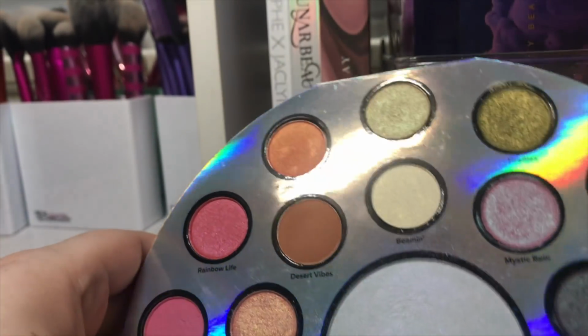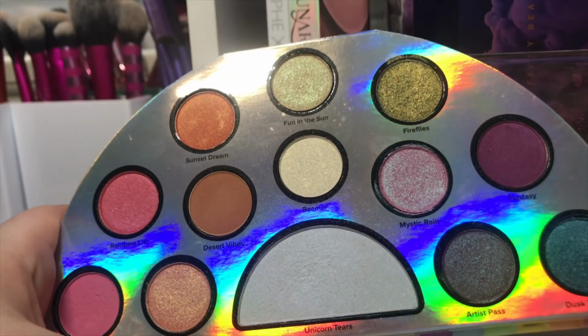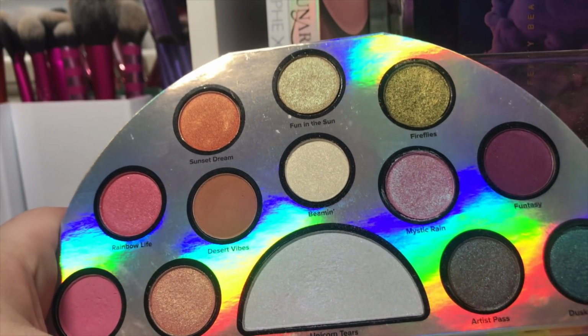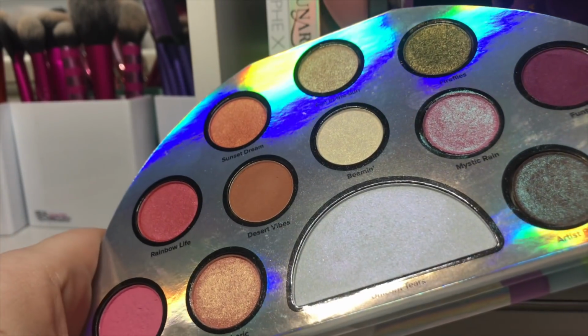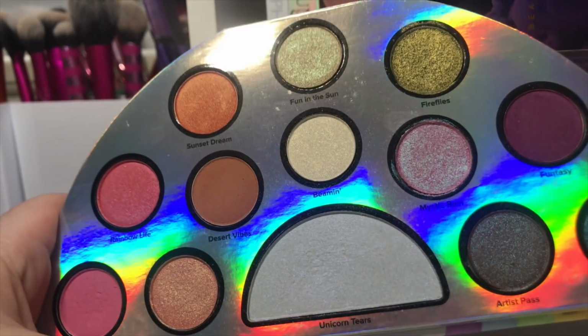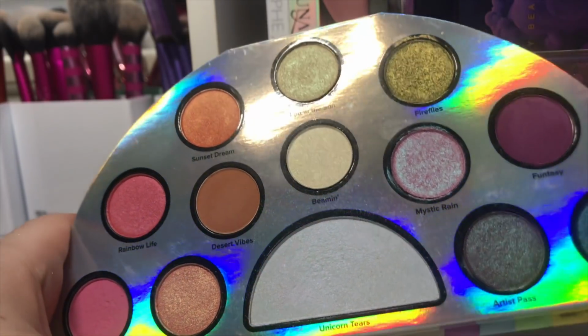This is an absolutely stunning palette. The packaging is beautiful. I don't dip into this one too much, which is a shame, and I really have to dip into it more. There isn't very many mattes. I think there's 2 mattes and then a satin shade, but I can't create a full look with this, so if I want